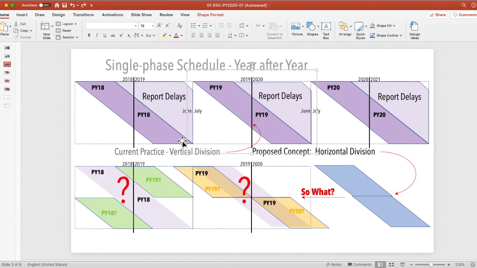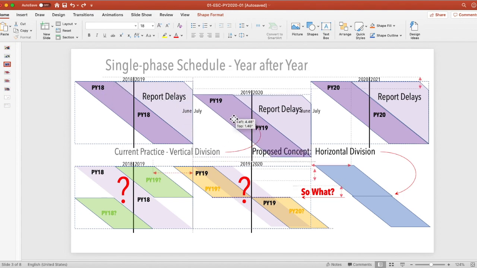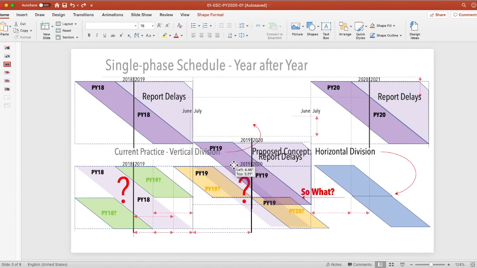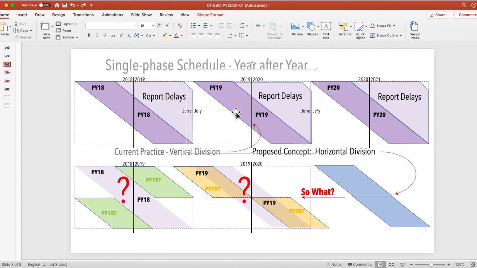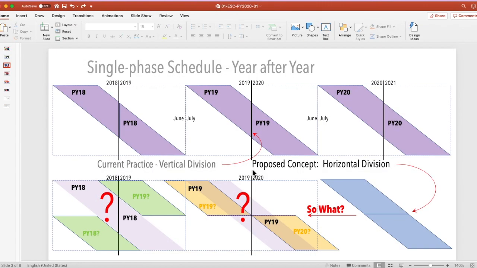And these guys, unfortunately, didn't get enough time to have the same quality of reporting as the ones up here. And immediately, we're faced with the new program year without any relief whatsoever to regroup and reorganize for the new program year. I thought this was a serious disadvantage of this type of single phase scheduling year after year. So here I'm saying it appears that the division across these 2 zones is vertical, and now I'm saying